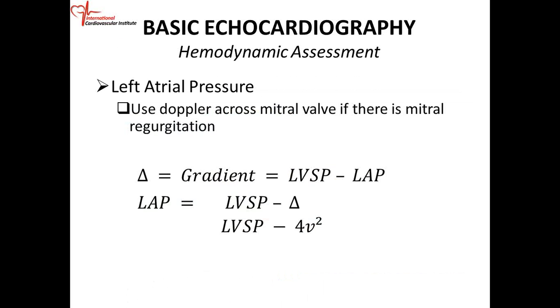So just getting a number, if you're not sure about the number, if you can't do echoes, do not use the numbers that you get because you will hurt the patient. So what you do, if it's done properly, then once you have mitral regurgitation, you can calculate your left atrial pressure